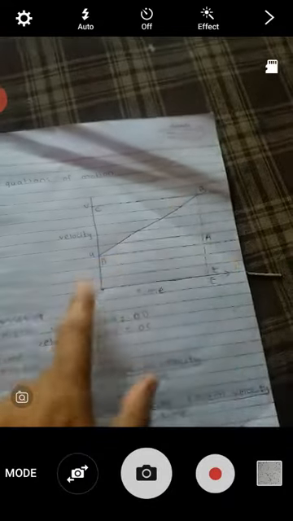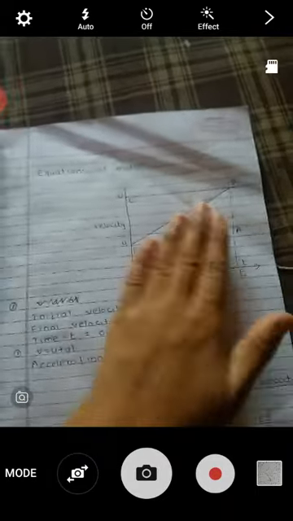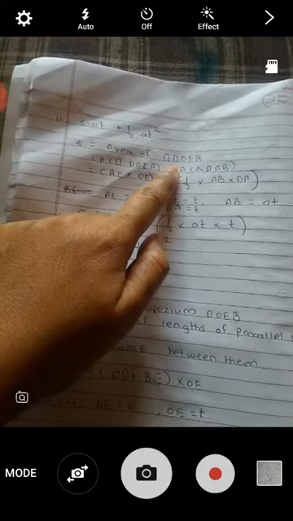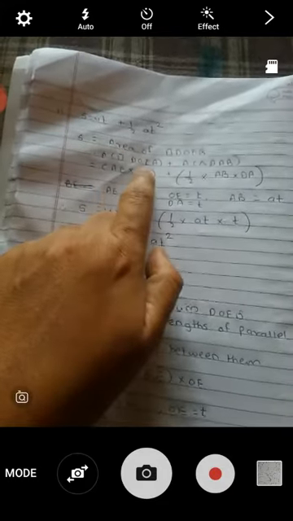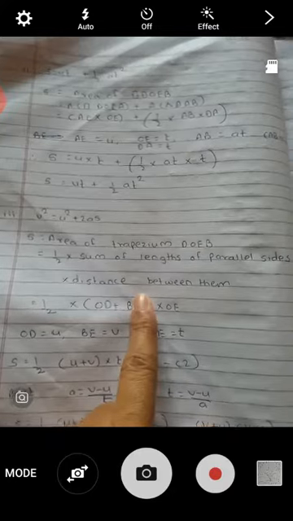Here again this quadrilateral DOEB is taken. This is the displacement which is used in the second equation, as well as we have to use it in the derivation of the third equation. But what is the difference between the two? In the second equation we divided this total graph, quadrilateral, into two parts: one is a rectangle and the second one is a triangle. Here we are not dividing that quadrilateral into two parts. We are taking it as a whole trapezium.